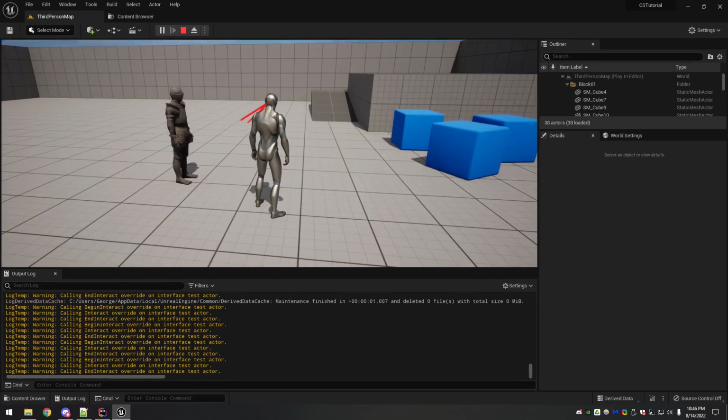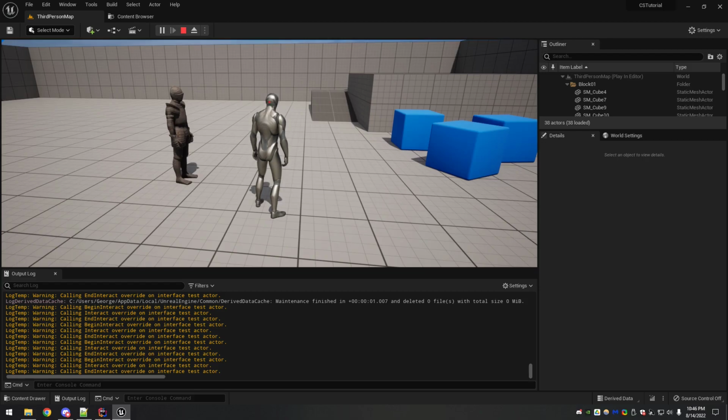So I think that wraps up the crucial parts of the interaction interface. Now what's really great about this now, getting this out of the way, is that we can take this, we're going to add a few refinements here and there, but for the most part this is done. And now this opens the way to building the inventory itself, followed by pickups.